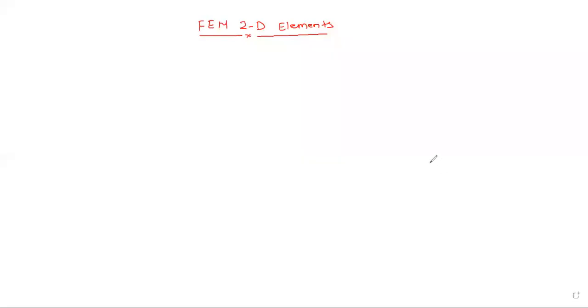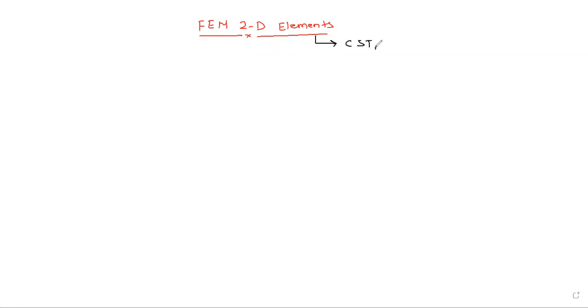So finite element method, 2D elements. So what are the examples of 2D element? Already we know that examples of one dimensional element are bar element and beam element. Already we have discussed also bar element and beam element. So coming to two dimensional elements, we have